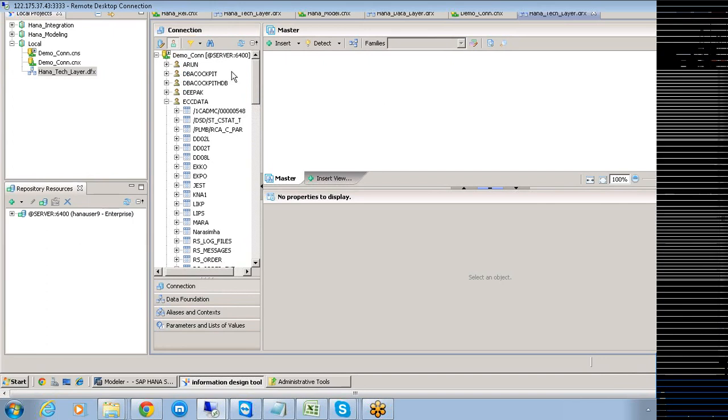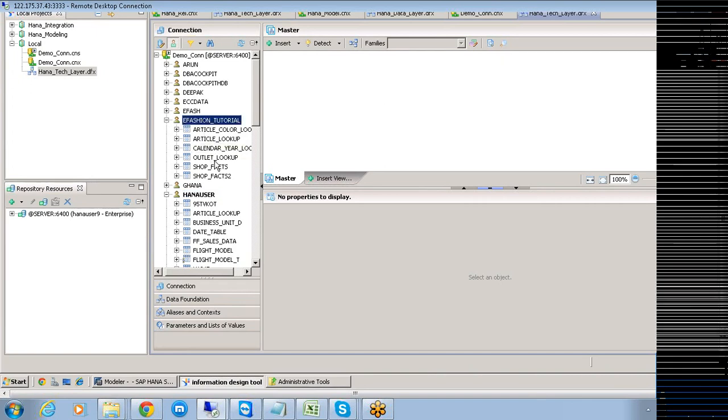But what are we interested in? First of all, assume that we'll take a very simple application, which is your eFashion tutorial. Within this eFashion tutorial, you have shop facts, which is a fact table, and then you have the outlet lookup, calendar lookup, article lookup, as well as article color lookup.